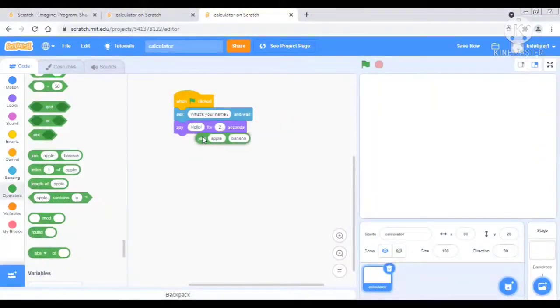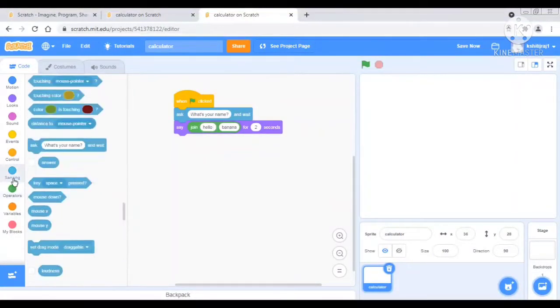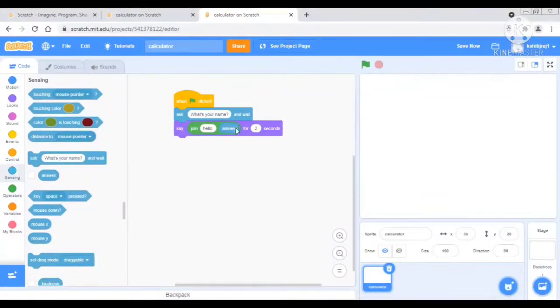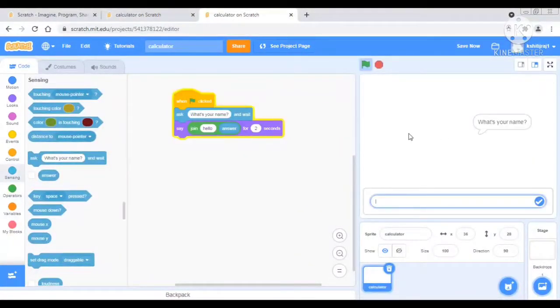We will put it in the say block. Then in place of apple we will write hello, and we will give a gap after writing hello. Then in place of banana we will put the answer block. So let's try it out. What's your name? Kshitij Raj. So hello Kshitij Raj, simple.